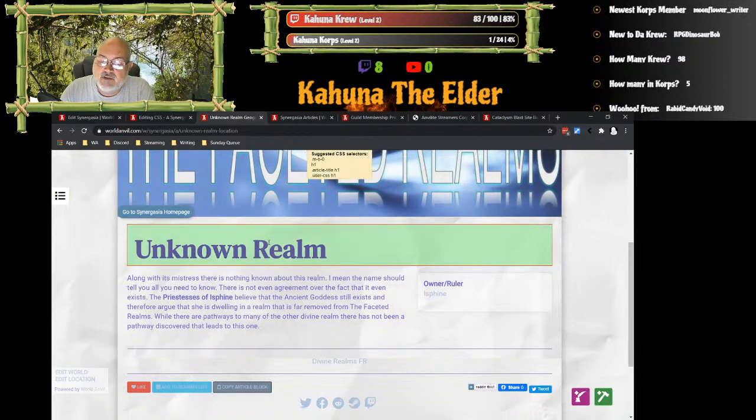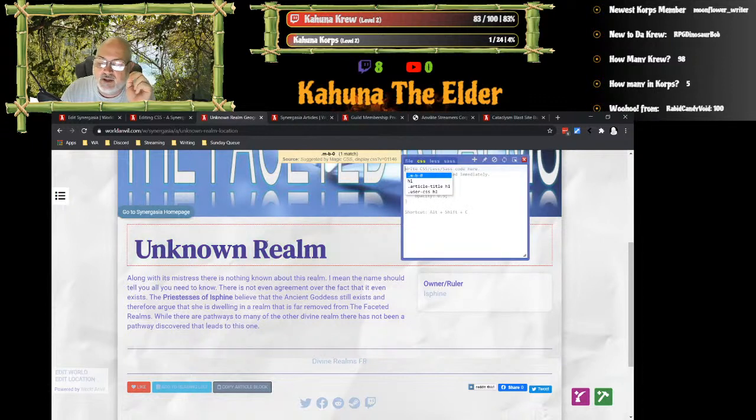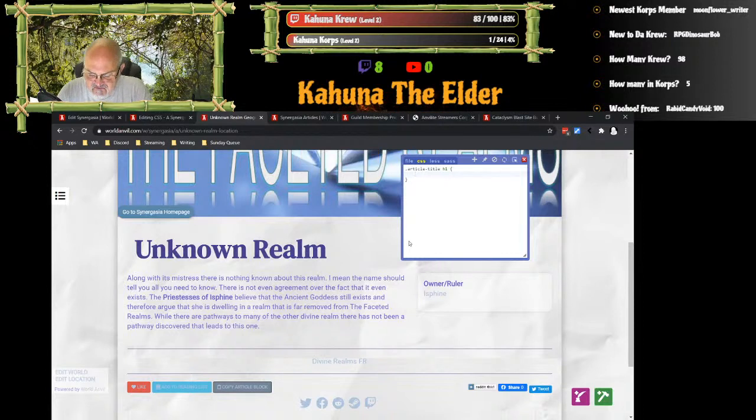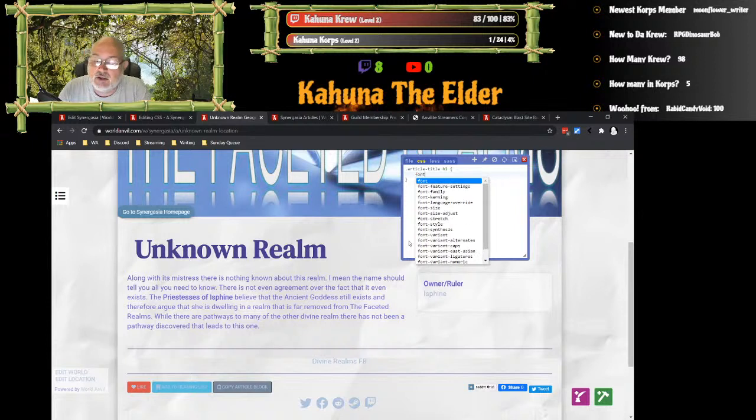And if you can see at the top, it gives me the suggested CSS selectors, what it thinks I'm trying to change. So bang, I click on this, that's the area I want, and it gives me that same list. And because I looked at the code there with the inspector, I can say, article title H1 is what I want. Okay. Let's say I want to change the font family to see how it looks.